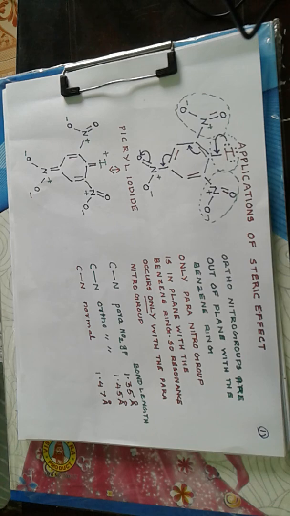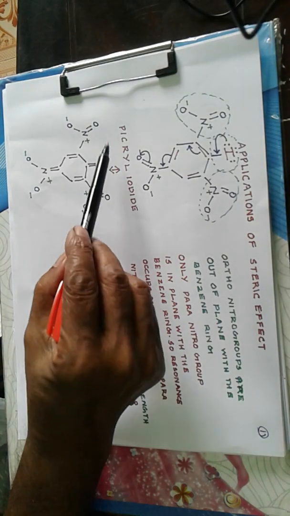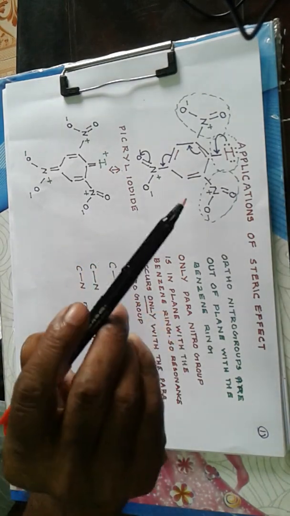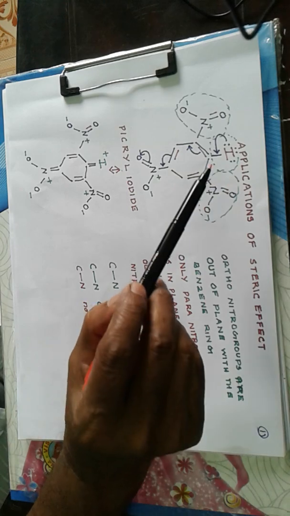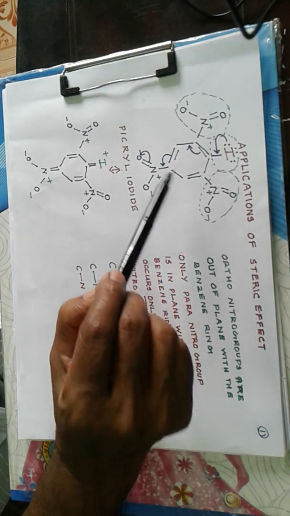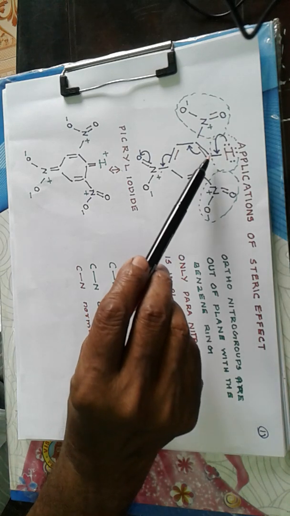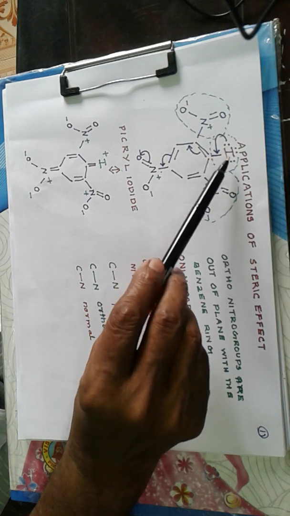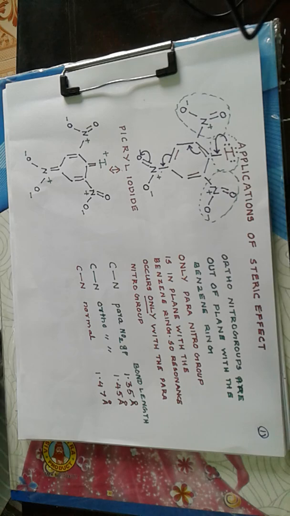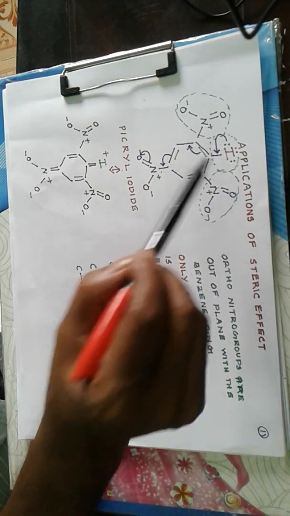Now let us discuss the applications of steric effect. Now here is one example, that is picryl iodide. It contains 3 nitro groups connected to a benzene ring, and then there is one iodine atom. Now this iodine group is spherical